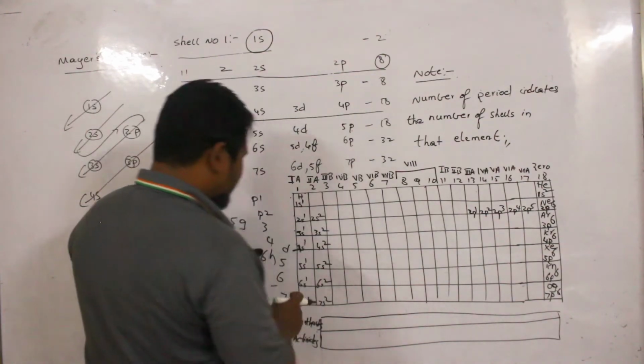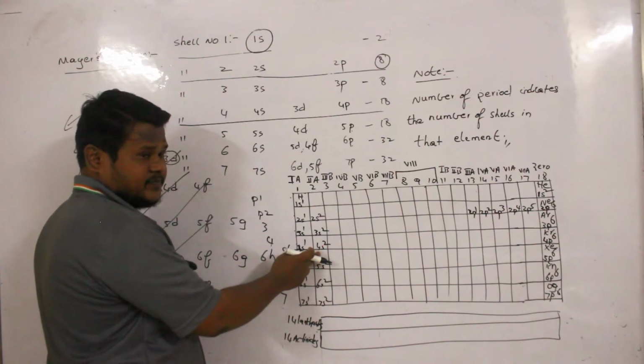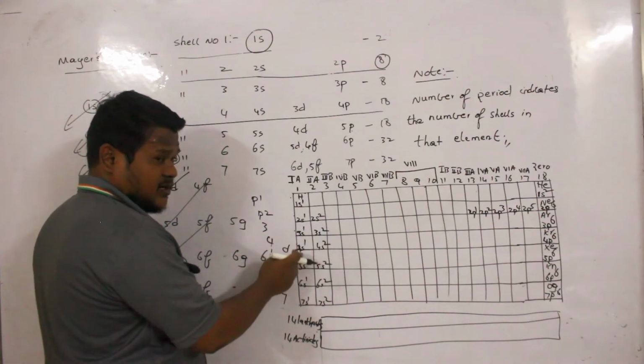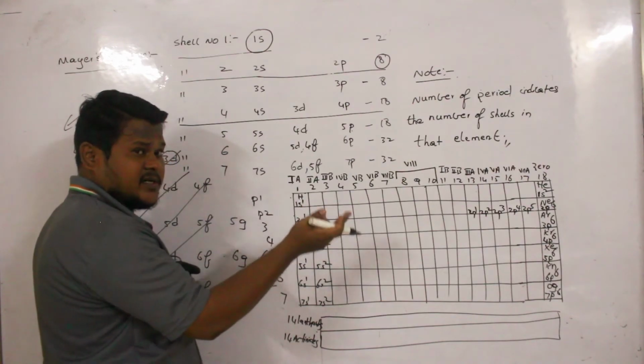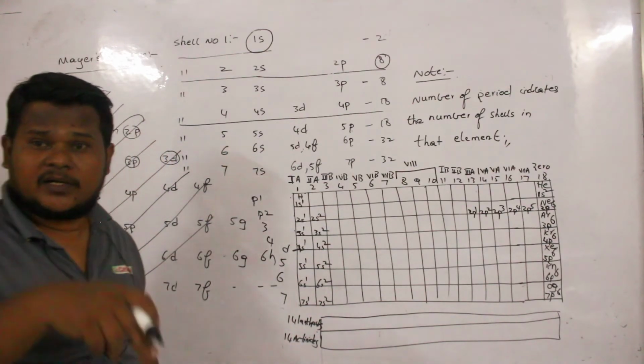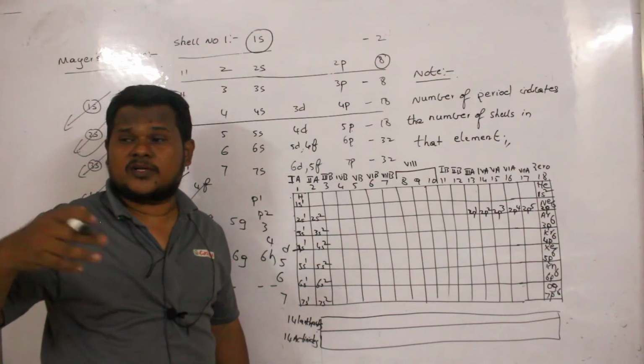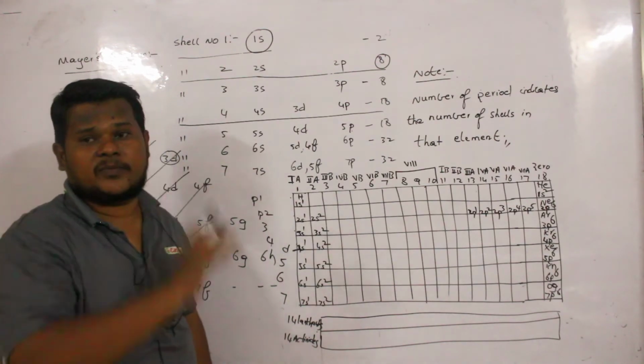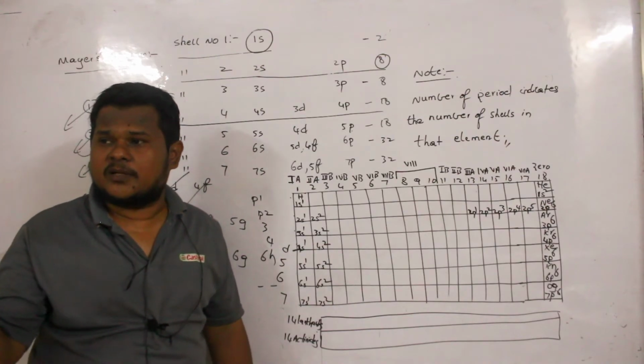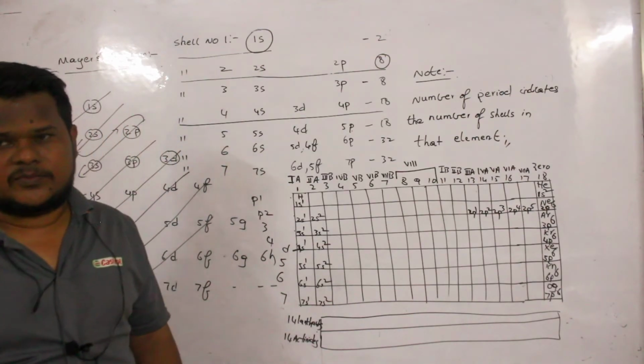So therefore, from where I have to start, ma? I have to start from here. Clear, no? If this is a fourth shell, D orbital should be present in the penultimate shell. What is meant by penultimate shell? The shell which is present inside the last shell, or you can say last but one shell, is called the penultimate shell. Last but one shell emantamu? Penultimate shell antam. Clear, nama?